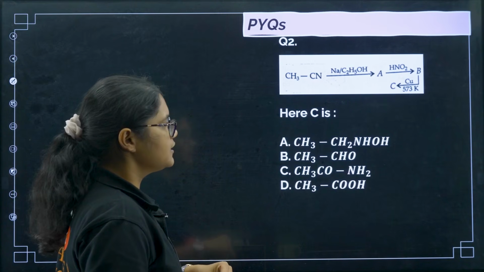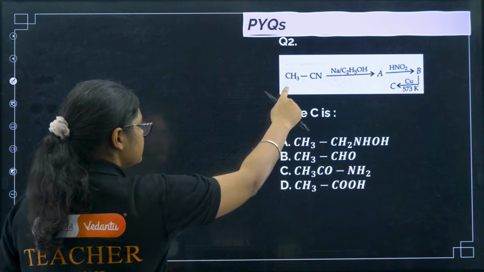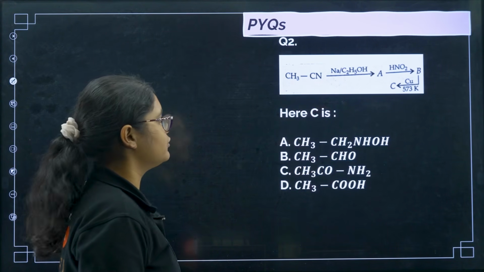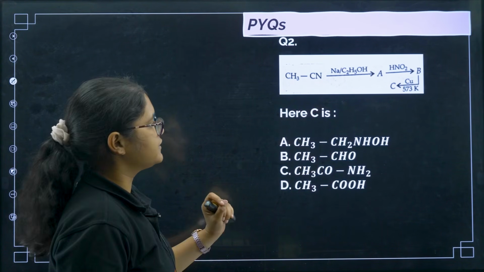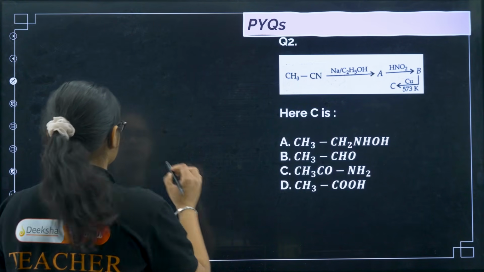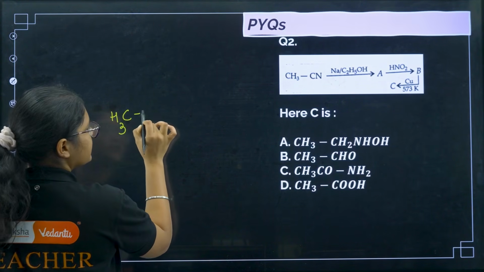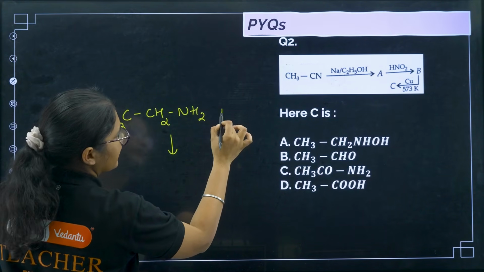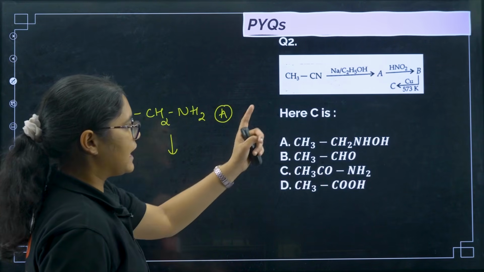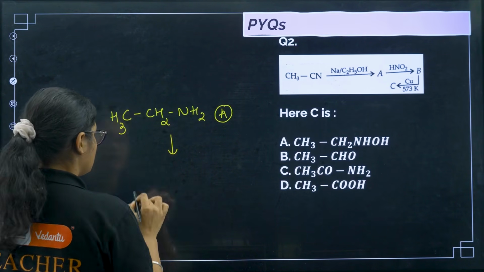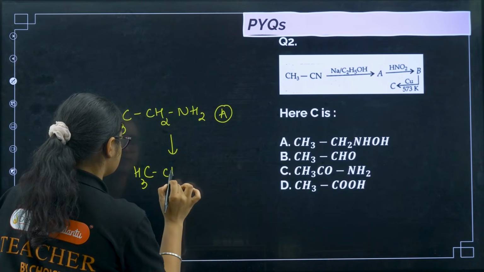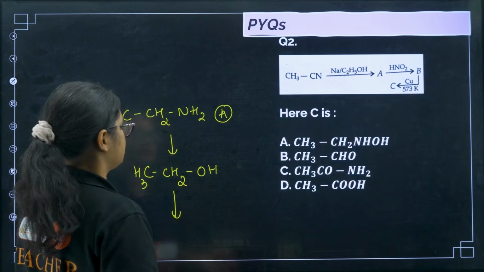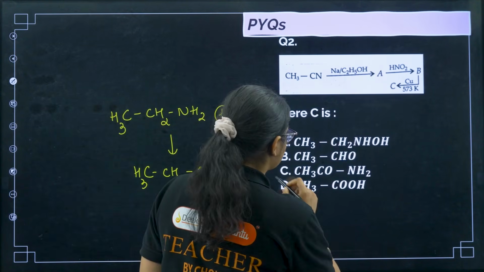Then we have this one. So this reaction we studied in the last class, right? CH3CN in presence of sodium amalgam will give you CH3CH2NH2. So CH3CH2NH2 is produced here, right? This is your A. Now what happens if you react it with nitrous acid? I will get CH3CH2OH. Now if you treat it with copper at 573 Kelvin, primary alcohol, you will get ethanol,